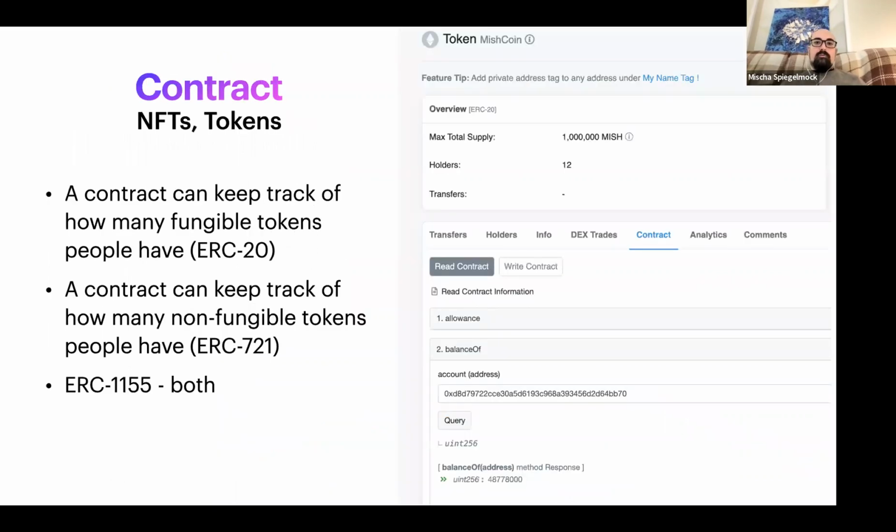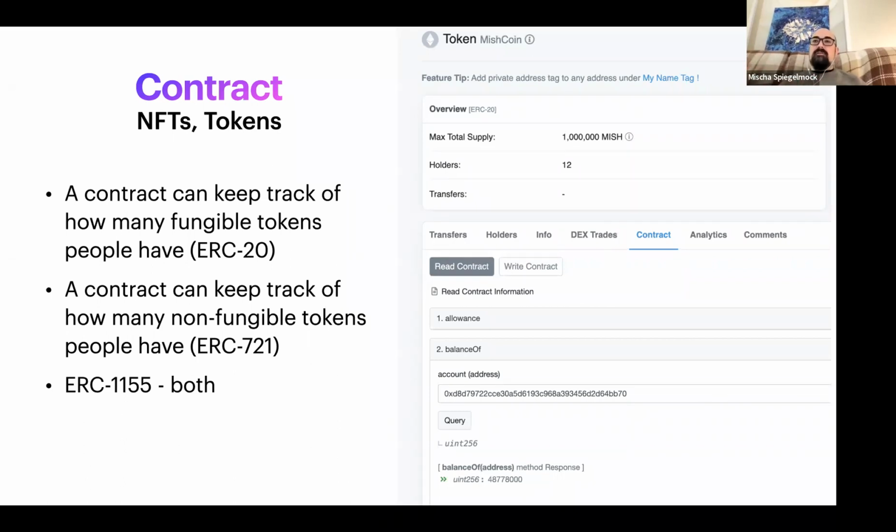And so what is a contract? Let's take a look at some of the most popular types. The one that most of you are probably familiar with is a token. So a token, it doesn't exist. There is no token. There is no counter of tokens anywhere in Ethereum. All those records are internal to the contracts. The contracts that manage tokens conform to an interface. And the original interface is ERC20. And I think it stands for Ethereum Request for Comments.